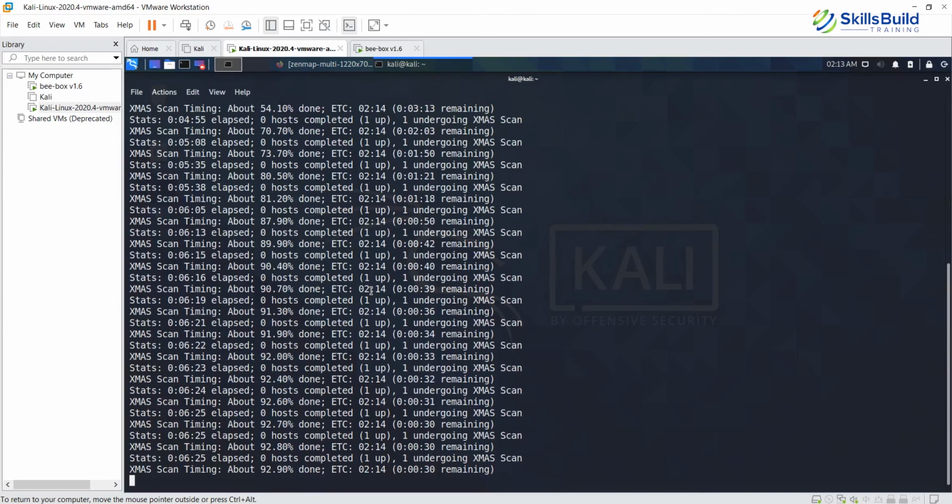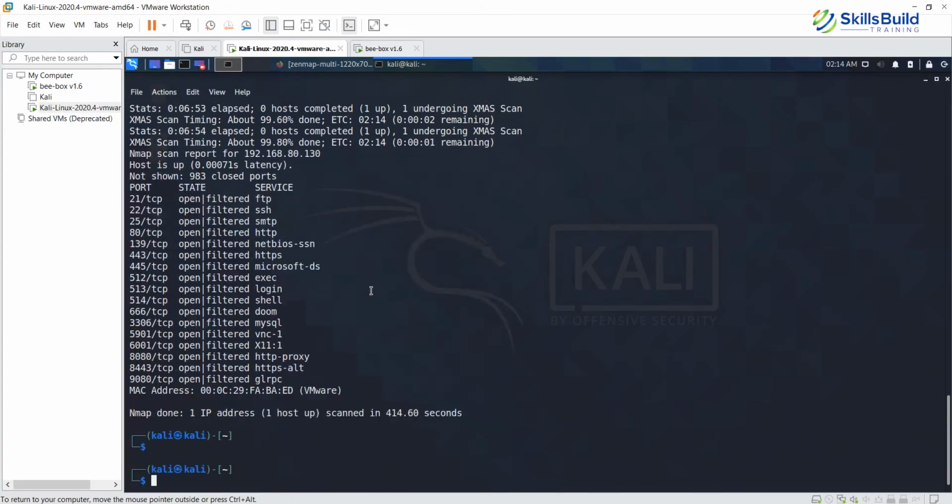If you are wondering why this output is getting refreshed, it is because I'm pressing enter. If you don't press enter, then you will continue to see the static output. Just to ensure that something is happening on the screen, I'm continuously pressing enter to see the updated output. And there you go, we are almost done.